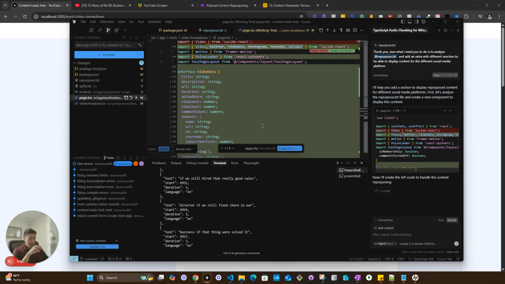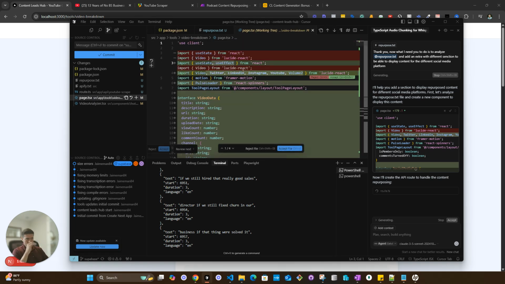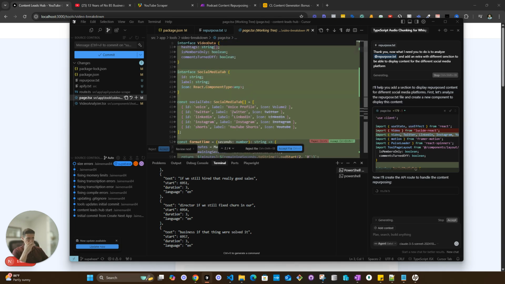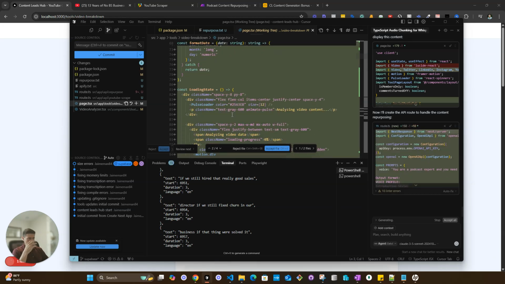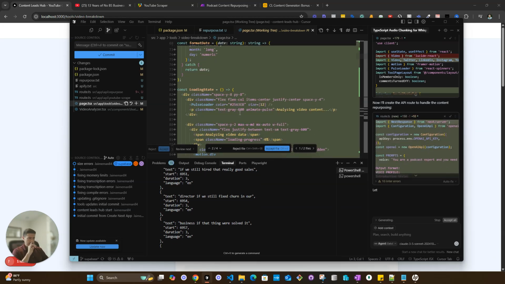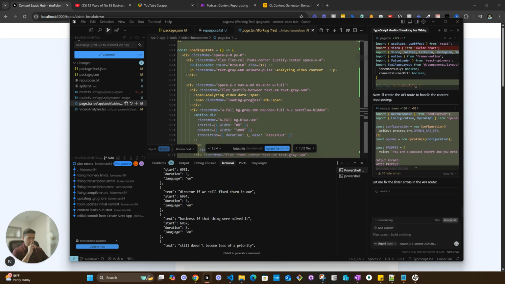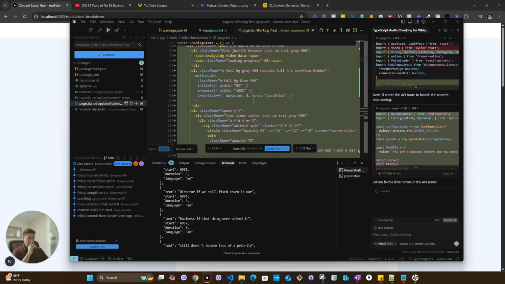So as you can see, everything that is red is something that has been removed. Everything that is green is something that has been added. So that's still going, it's still going, and it's going to take its time to accomplish what we asked for. Again, don't expect it to work the first time. This is the idea of,